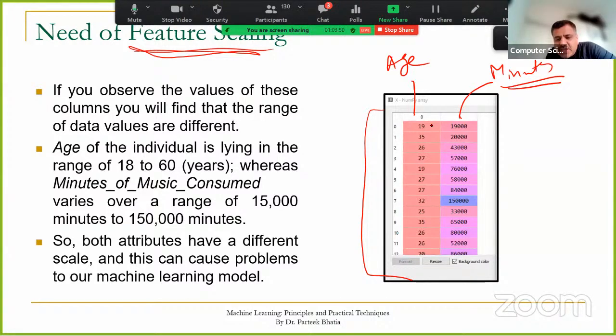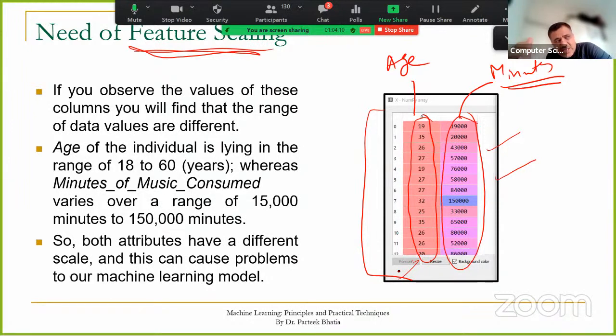तो आप देखो यहाँ पे ध्यान से कि जो एज है वो मेरी 2 डिजिट की है, लेकिन जो मिनट्स ऑफ म्यूजिक है ये 5 डिजिट के हैं। तो when I will build the model, of course minutes of music will take more weight as compared to age, because दोनों की रेंज में बहुत फर्क है। जब 2 कॉलम्स की रेंज में बहुत फर्क होता है, there are some columns जिसकी वैल्यू बहुत कम है, there are other columns जिसकी वैल्यू लाखों में है, तो जिसकी वैल्यू कम होगी that will not get a proper weight in building the model. For example जब आप ब्लड टेस्ट करते हो उसमें कई कॉलम होते हैं जिनकी वैल्यू बहुत पॉइंट्स में होती है, और कई वैल्यू ऐसी होती है जो लाखों में होती है।